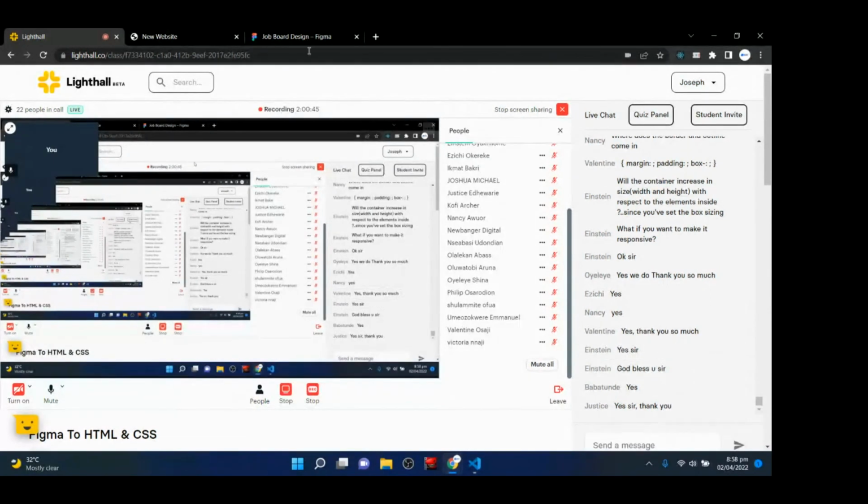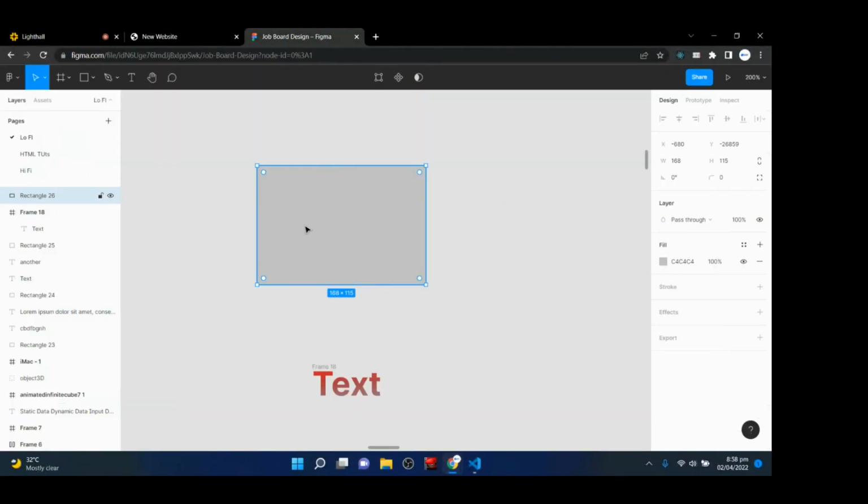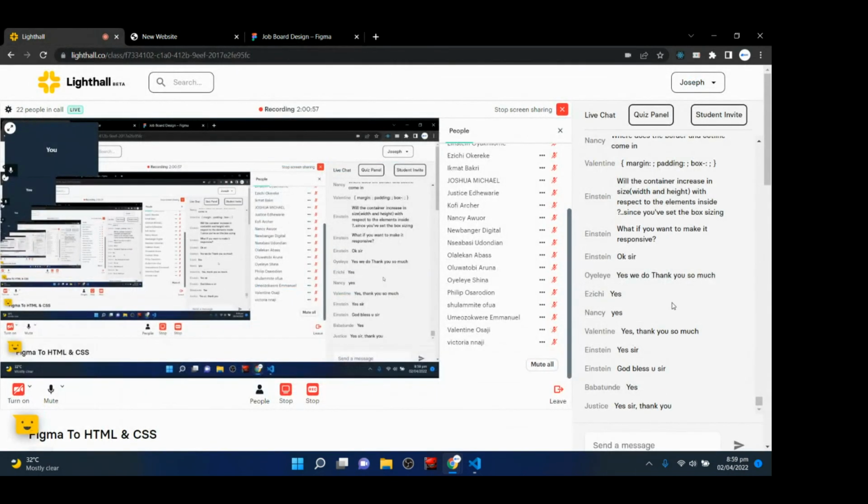Because as you can see so far, we normally come to design here, create design, because all of us here understand how Figma works. So I have been trying to use the Figma knowledge that we know to connect it with CSS so that everyone understands clearly, because it is easier for somebody to learn a new thing coming from what they already know. So that has been taking more of our time,